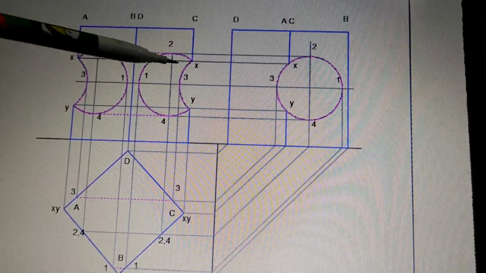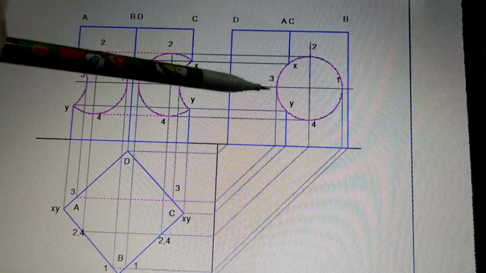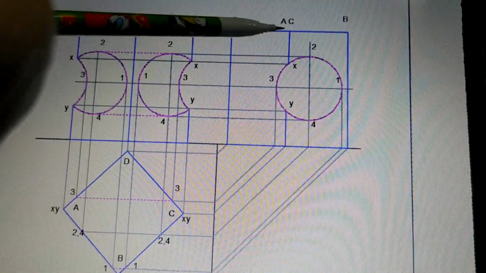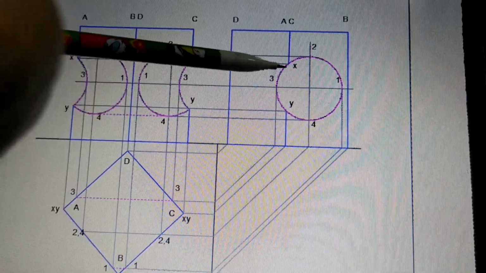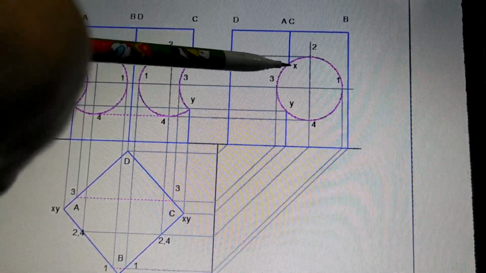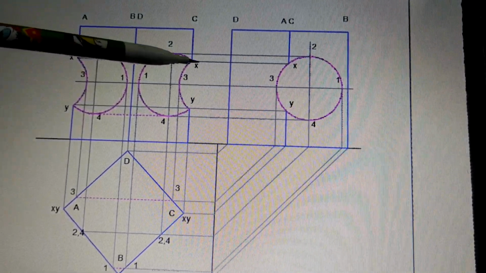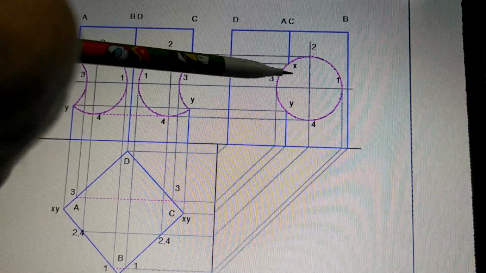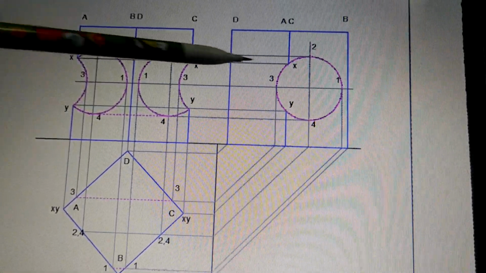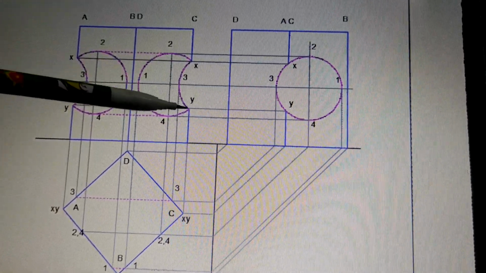That is because you have to remember one thing: the curvature shown here is intersecting the edge. Wherever the curvature is intersecting the edge, when there is an edge here, there is going to be a corner. So at this place there is an edge. So at x and y there is going to be a corner, because this is a curvature, and therefore for creating the corner, obviously the curve will come like this.